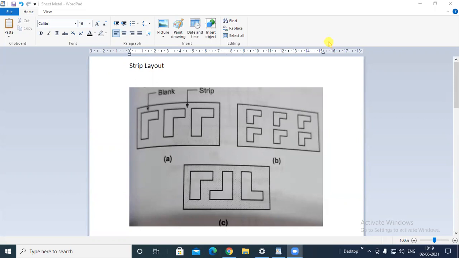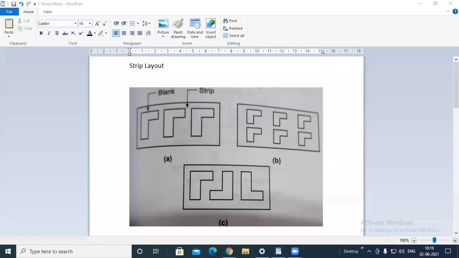Okay. So today we are going to see the scrap strip layout. Normally, whenever we want any blank or the required workpiece, as we have seen already in the sheet metal processes, different processes we have seen. So today we are going to see the strip layout design. That means whatever the strip is, how the blanks will be taken on that strip. That means what are the factors and what are the standard thumb rules for layouts that we are going to see today.